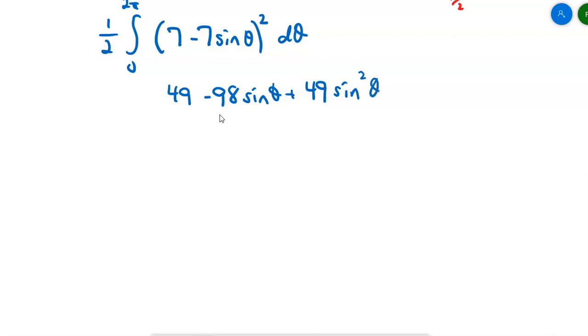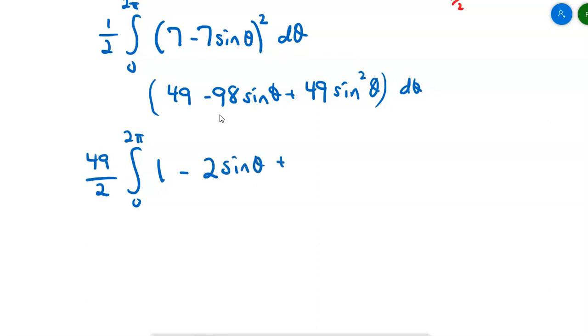Okay? That's what happens when you expand out that squared term. And now, why not pull the 49 on the outside? Pull the 49 on the outside, and I get 49 halves, right? Because there's still that 1/2 there. Don't forget we haven't integrated yet, so I still have a 0 to 2 pi of 1 minus 2 sine theta plus